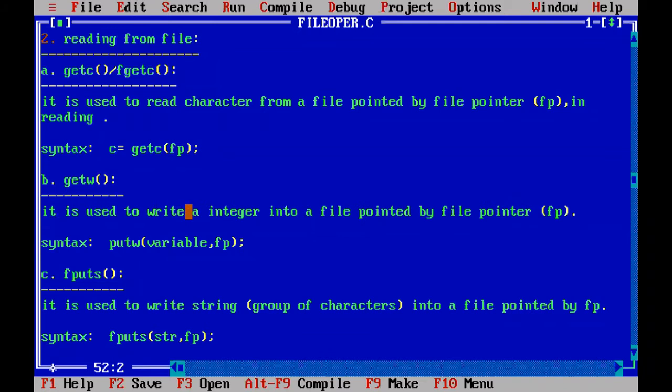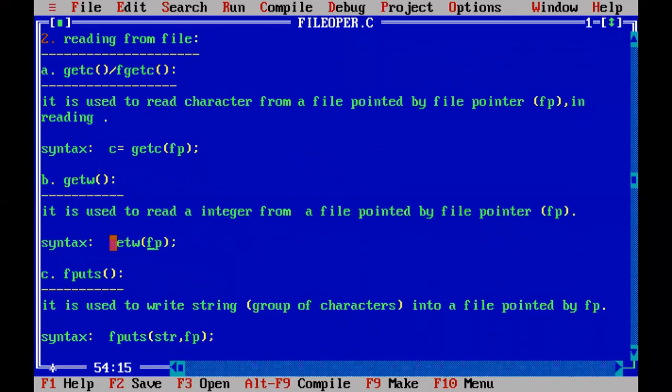It is used not to write, it is used to read an integer from a file pointed by the file pointer fp. And what is the syntax? The syntax will change like this: putw will become getw, and only the file pointer is enough.